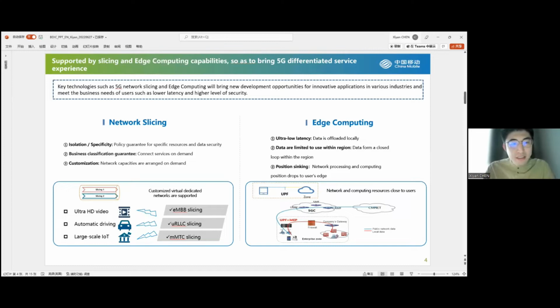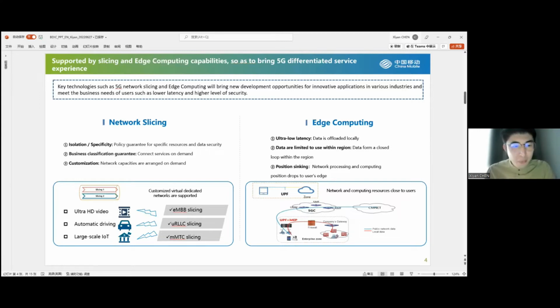Speaking of network slicing, what is network slicing? We don't have this in 4G networks. Network slicing divides the network into unique functions. For example, it has isolation and specificity for the networks, which guarantees the spectrum resources and data security. Second is business classification guarantees, which connect the services on demand. And finally is customization. We can set up the network capacities